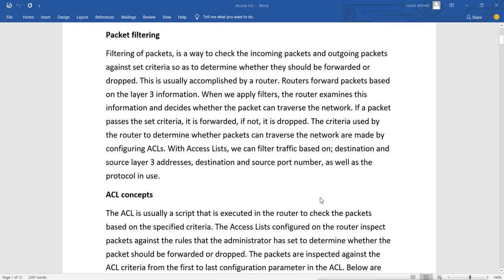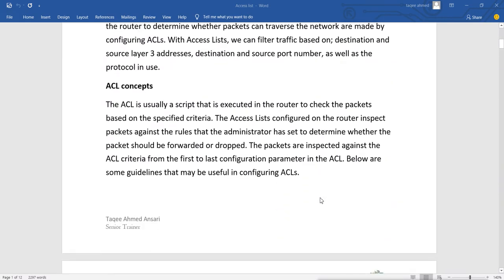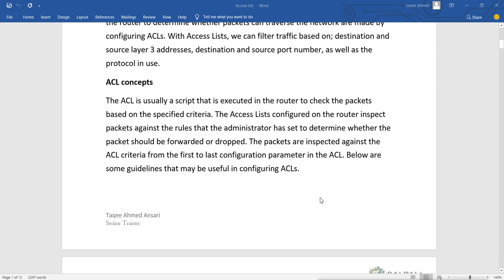Now, the ACL concept. An ACL is usually a script that is executed on the router to check the packets based on the specified criteria. The access list configured on the router inspects packets against the rules that the administrator has set to determine whether the packet should be forwarded or dropped.